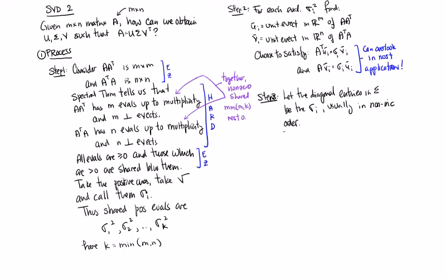So then what we do is we let sigma be the ui in the order corresponding to the sigma i, and then we let V equal the vi in the order corresponding to the sigma i. Now, it could be that when we're done, and it almost always will be,